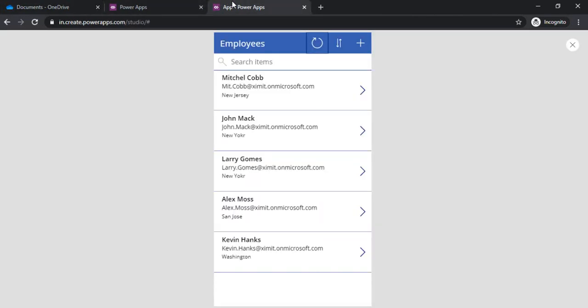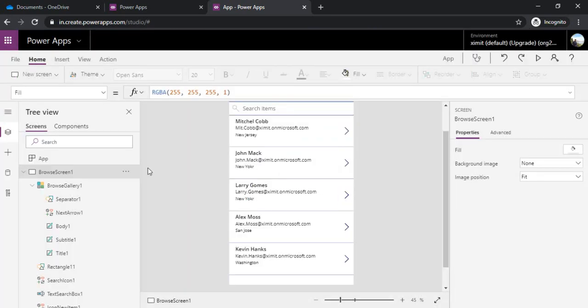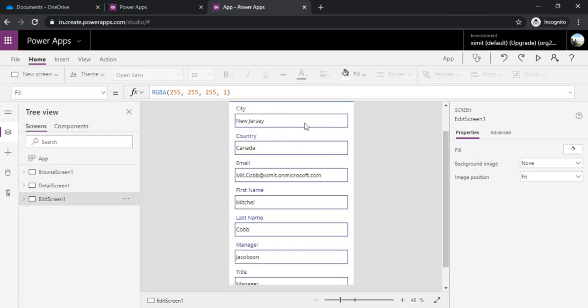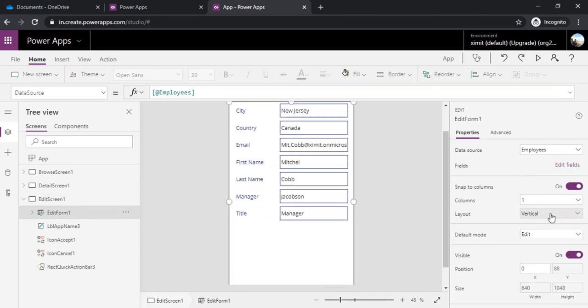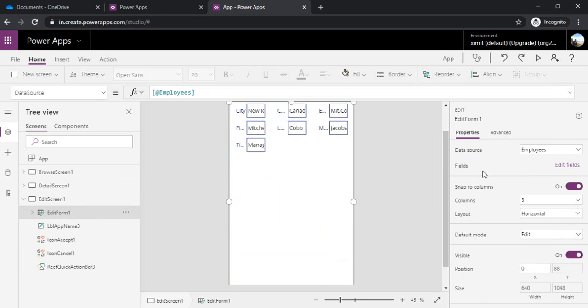So that's a pretty quick demo of how you can integrate your Excel data with the Power Canvas app. If you would like to change the layout of your forms, you may do that as well. For example, in the edit screen, you may want to select and change the layout of the edit form, and with that layout you can make it work like a 3 column or a 2 column. And if you just save it,